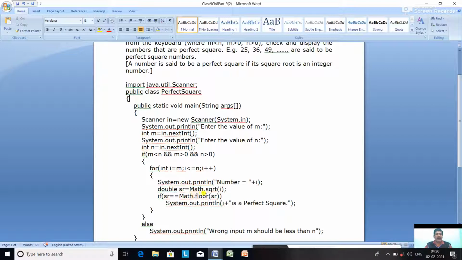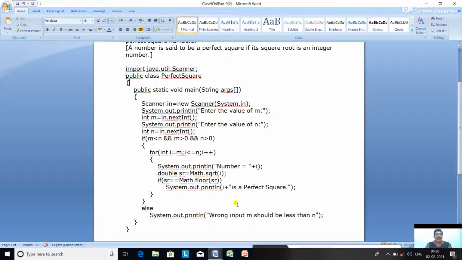So 3.5 is not equal to 3.0. Both will not be equal. So if both are equal, print i is a perfect square. Again, it will go for the next value of i, take the next number, print the number, find the square root, and if the square root is equal to Math.floor(sr), then it is a perfect square. And if not, both will not be equal.